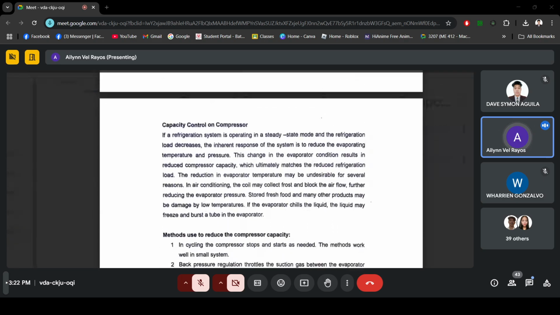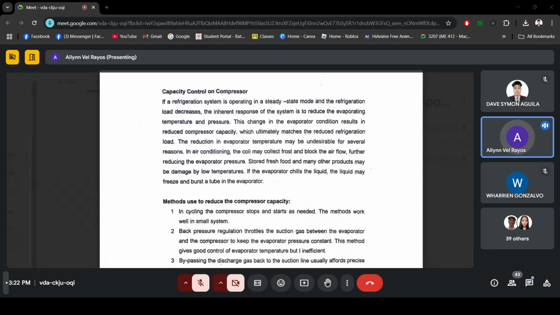Let's discuss this capacity control on compressor. Can you please read this, Vincent? Okay, Vincent Hernandez, are you there? Sorry ma'am, I didn't